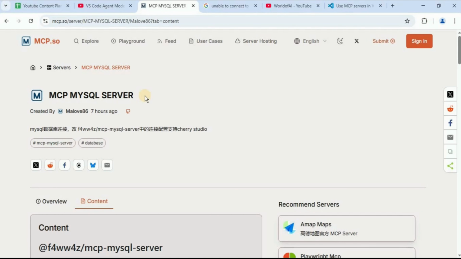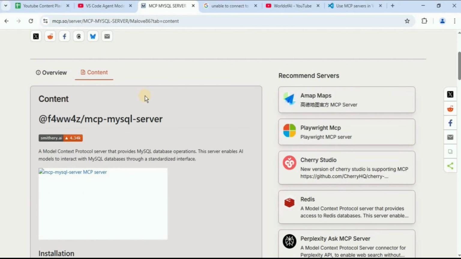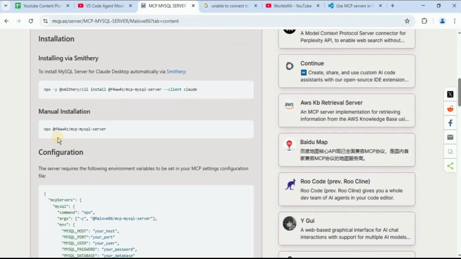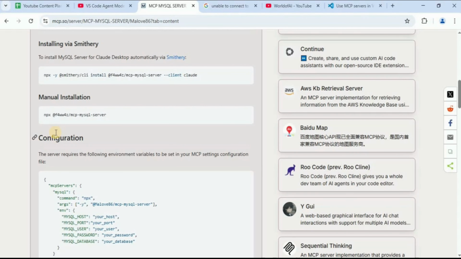To install this thing, it has to actually run locally. And if you scroll down a little bit, you will see that it provides you a wide variety of options for installation. So if you want to install it via Smithery, this is the command. But if you want to install it manually using npx, then you can use this command right here. Since we are using Node, I'm going to be using the npm package manager. So if you look at the configurations right here, you can see that this is the name of the server.